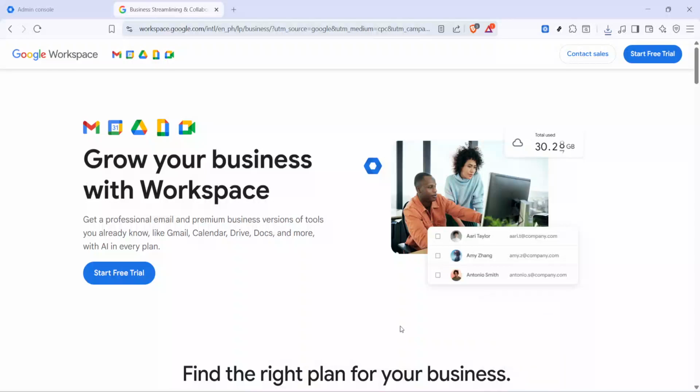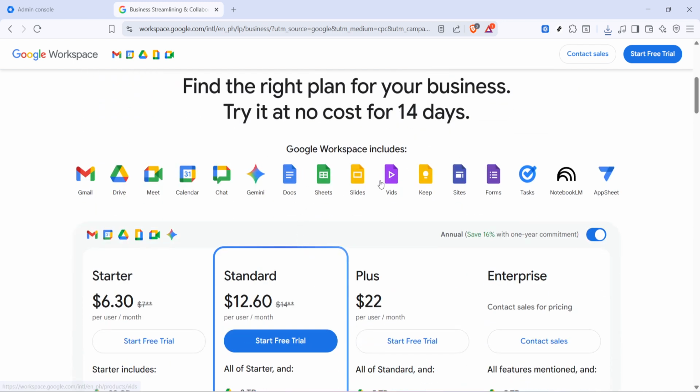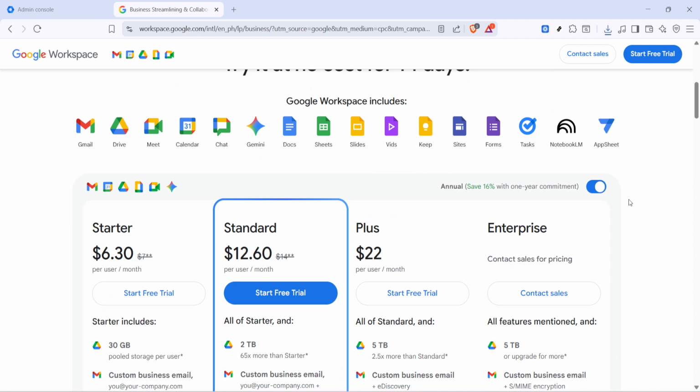In today's video, I'm going to teach you how to install Google Workspace in Windows PC or laptop. By the end, you'll have Google Workspace opening in its own window, just like a native app, so it's faster to launch and easier to keep focused. All you need is a Windows PC or laptop, a reliable internet connection, and a modern browser like Google Chrome